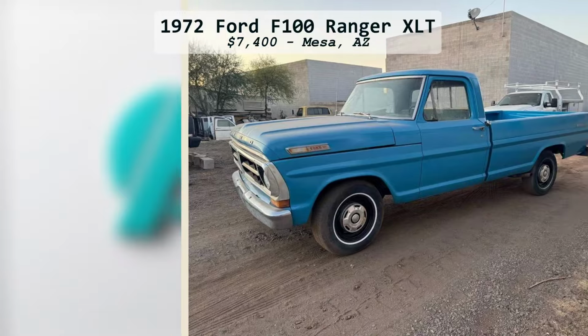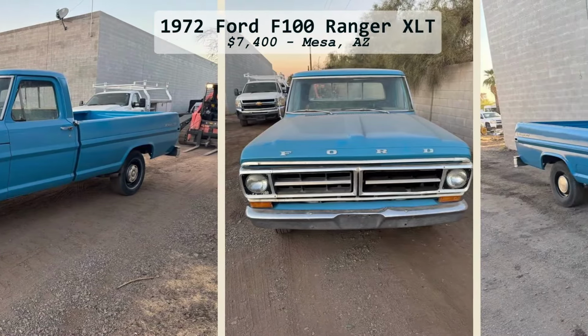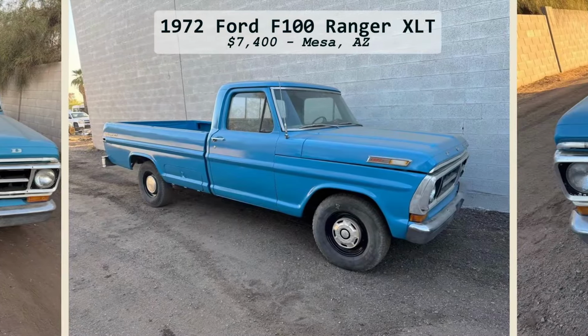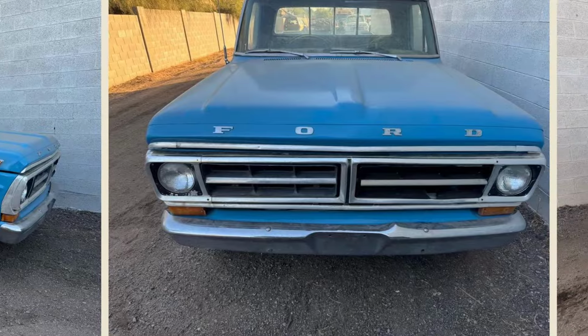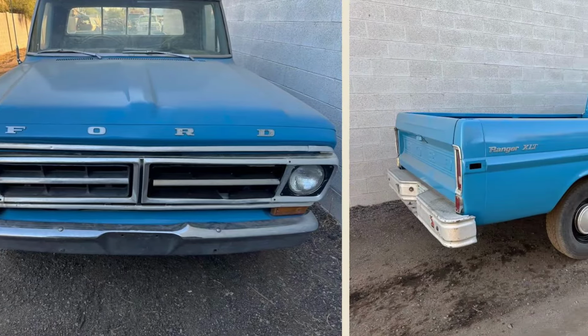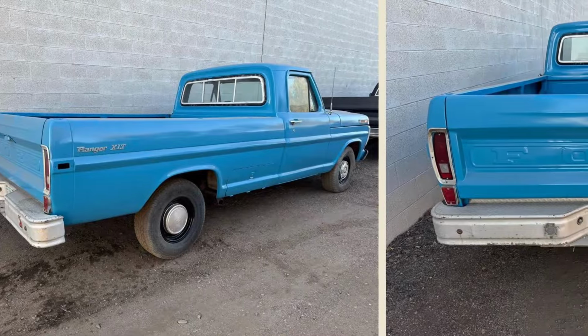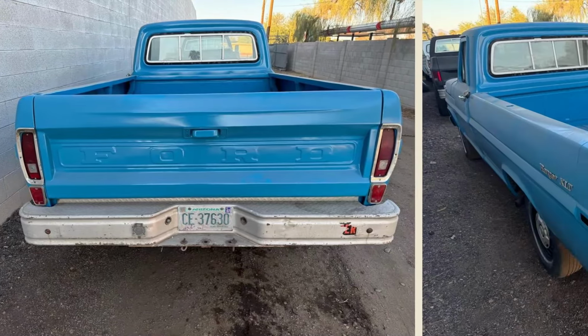Here's a 1972 Ford F100 Ranger XLT, a classic long bed pickup with plenty of potential. Featuring a powerful 429 V8 engine, disc brakes, power steering, and an automatic transmission, this truck runs strong but could use some TLC. The interior needs work, making it an excellent project for someone looking to restore a vintage Ford